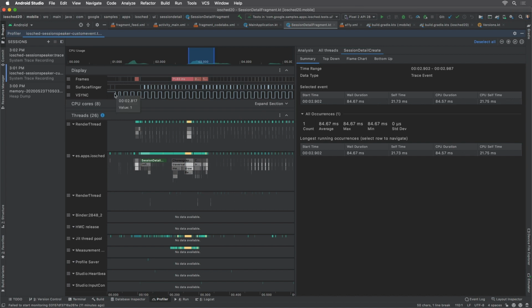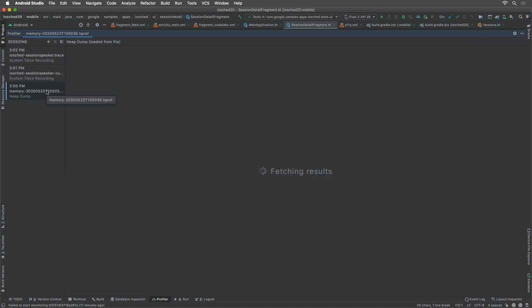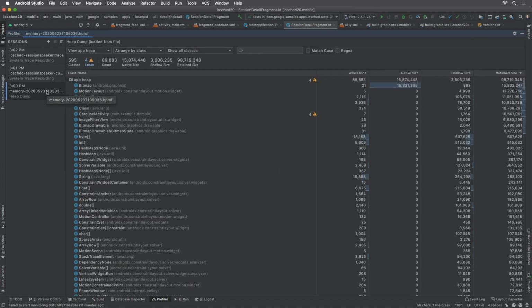And speaking of other profilers, I want to quickly also show you that in Studio 4.1, we've revamped our memory profiler. So the UI should be clearer and easier to work with now, and we've added support for native memory profiling as well. All right, so let's close the profilers, and next let's take a look at our support for